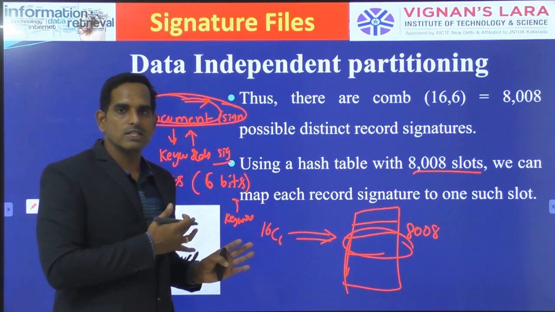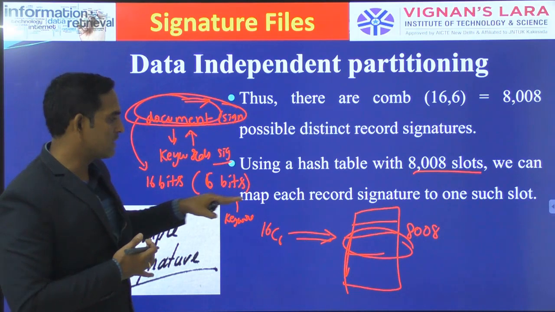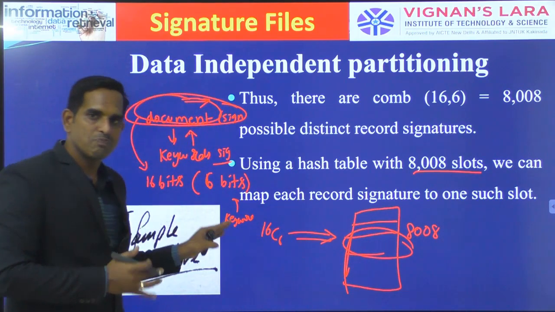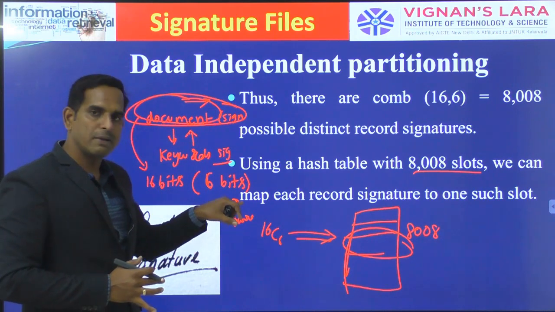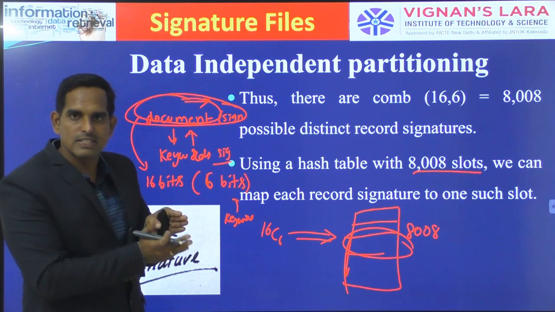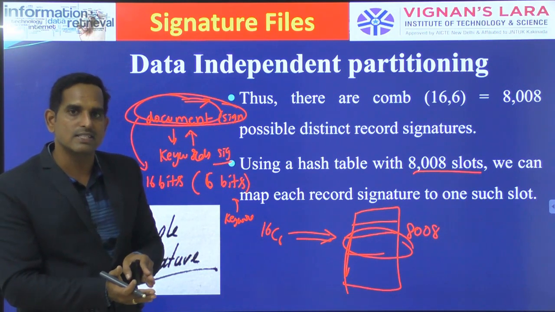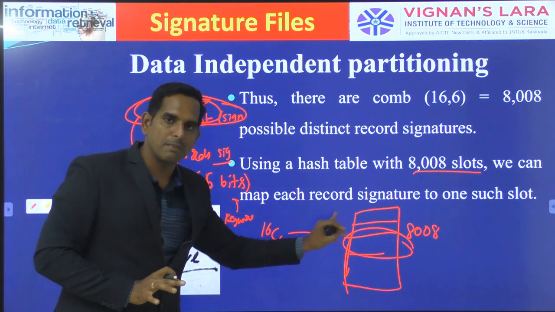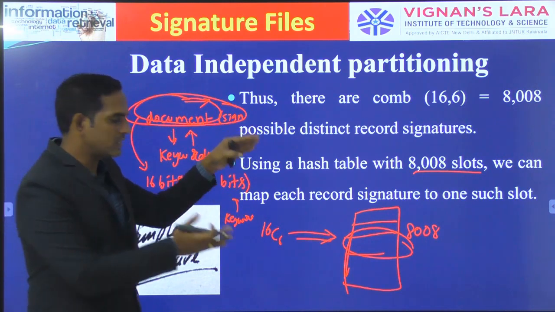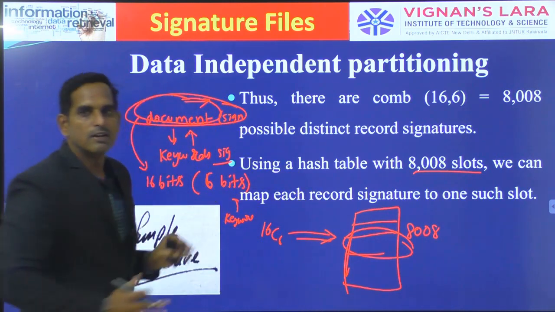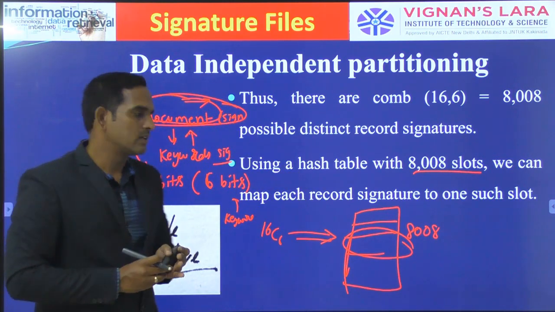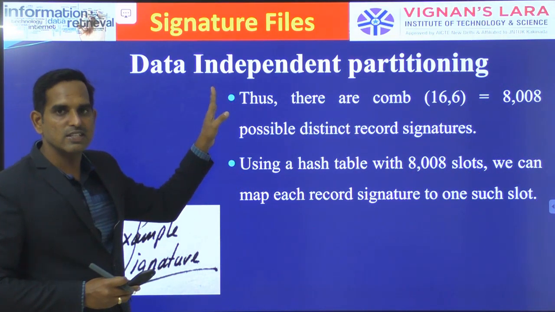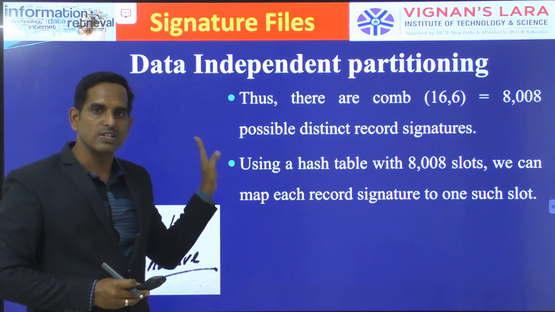So this is about your horizontal partitioning, where you are going to break down the complete signature values into groups. One will be one 6-combination group, another will be another 6-combination group, with 6 bits set. Based on that combination, we are breaking down your complete signature file into different parts. So this is horizontal partitioning, which is independent of whatever data is present in your files.